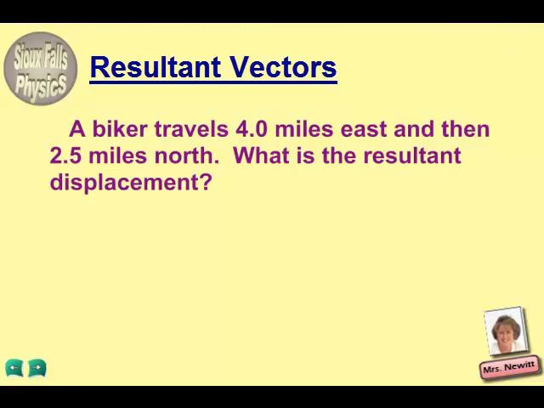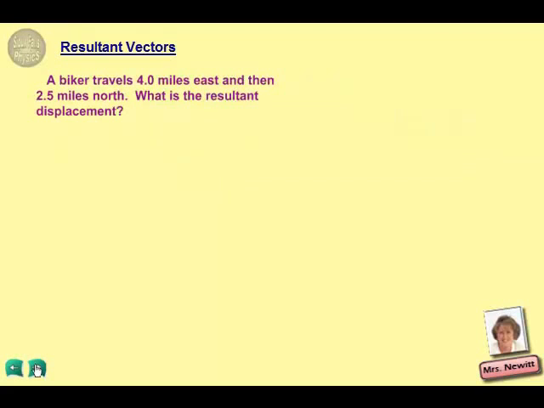Today we're going to take a look at resultant vectors. We have a situation where a biker travels 4 miles east and then 2.5 miles north. What is the resultant displacement? First thing we want to do is set this up as a vector diagram. 4 miles east would be represented by an arrow to the right, and then 2.5 miles north would be an